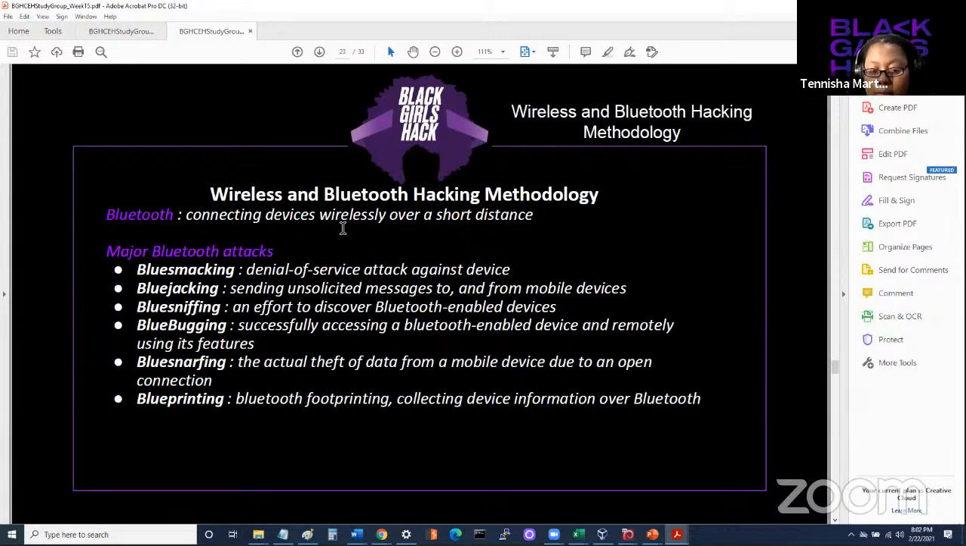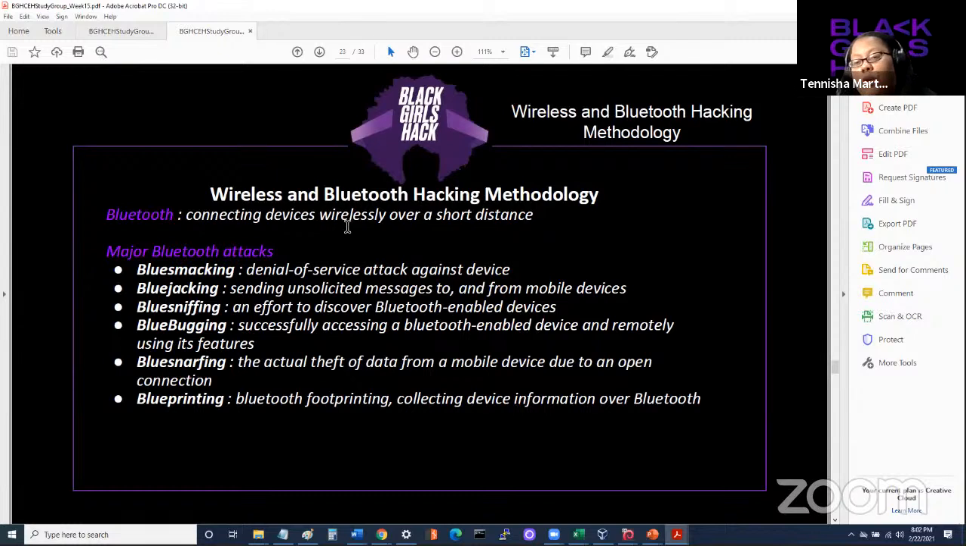So you have blue smacking, which is a denial of service. Blue jacking is sending unsolicited messages, which I think we've probably all had. Blue sniffing, which is an effort to discover Bluetooth-enabled devices. Blue bugging, which is accessing it and remotely using a feature. Blue snarfing is the theft of data, and blue printing, which is Bluetooth footprinting, collecting device information over